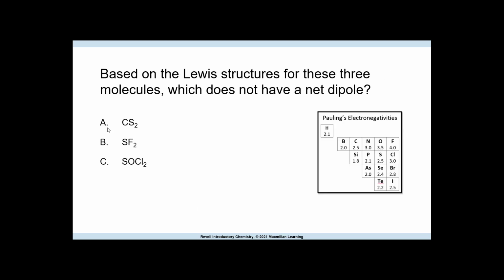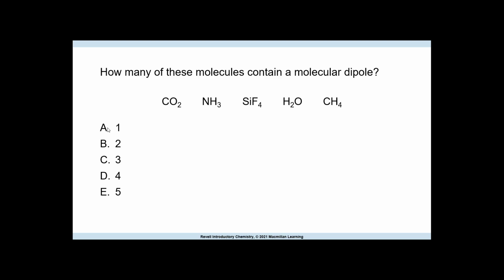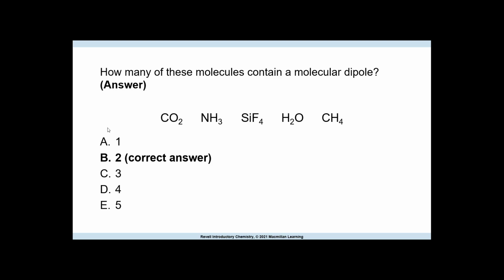Draw Lewis structures for these, and based on the Lewis structures, which does not have a dipole? So I'm going to give you the answer, and you can see it's A. How many of these molecules contain a molecular dipole? Again, I'm going to just give you the answer, which is 2. So that should be able to tell you that there's 2 here. We already know CO2 does not, and water does. I can tell you methane doesn't, so you'll have to figure out between these which one it is. I'll give you a hint. This has a lone pair. That can also affect